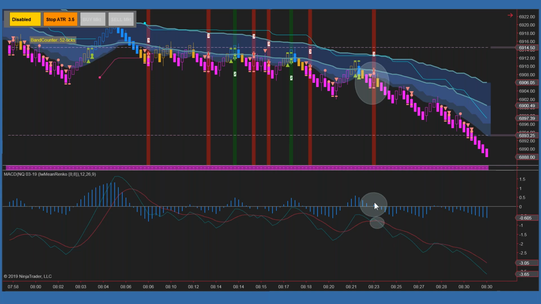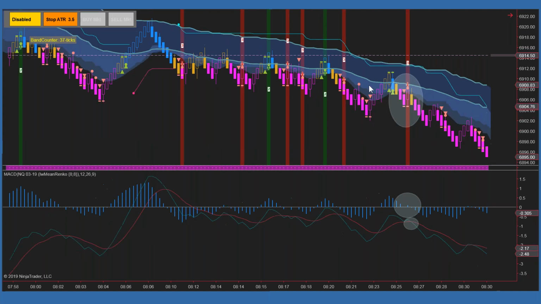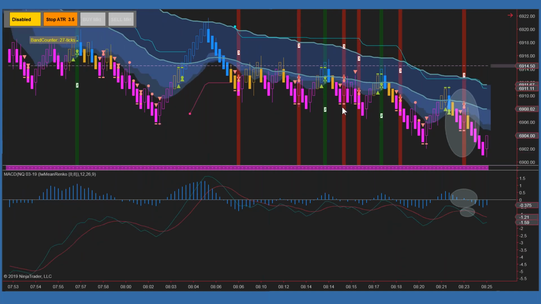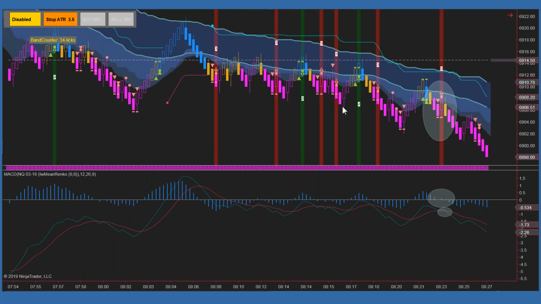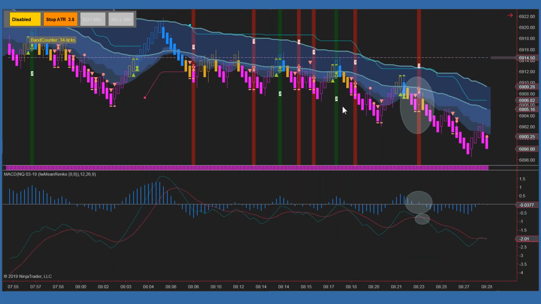The histogram crosses. We get a number 3 signal. We're looking at this and we're saying, oh dear, I don't know if I want to get into that trade. So we pass on the trade and the market starts to head lower. It's like, oh, why didn't I take advantage of that trade? Well, it's not too late, because what will happen with the market momentum is that